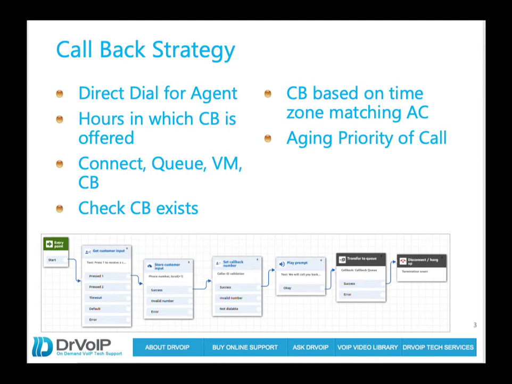Now, I know we all say that customers are created equal, but we all know that there's platinum, gold, silver, and bronze. And so when calls come in from the platinum folks, we want to give them a higher priority. But at the same time, we don't want some poor bronze person sitting there forever, never getting handled because there's so many platinum people. So we can age priority, increasing that bronze caller based on time in queue such that they ultimately will percolate up to the top and finally get serviced.